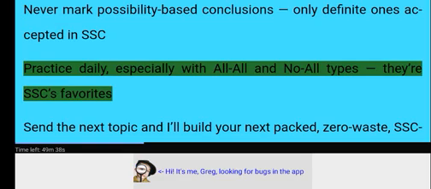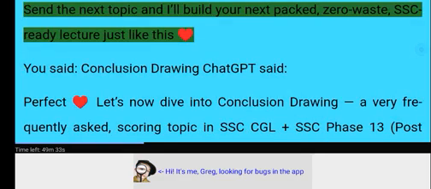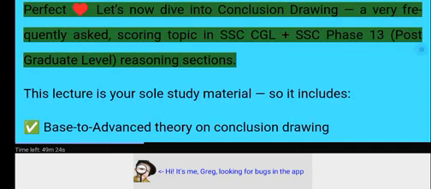They're SSC's favorites. Send the next topic and I'll build your next lecture. Zero waste, SSC-ready, just like this. You said: Conclusion drawing. ChatGPT said: